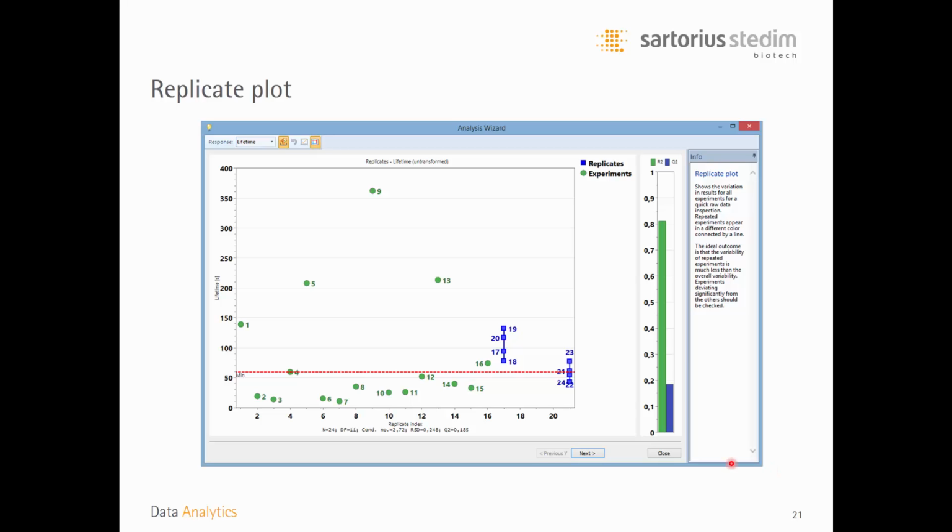And the replicate plot will show how replicated experiments change numerically in relation to changes across all experiments in the experimental plan. And of course, the ideal result is that you have small variability among the replicates compared to the variation across all experiments in the design. And we see here that replicates, that means experiments with exactly the same combination of the factors, are concatenated by a line and also given a blue color. And in this case, we have a very small replicate error, so we understand we have good data,